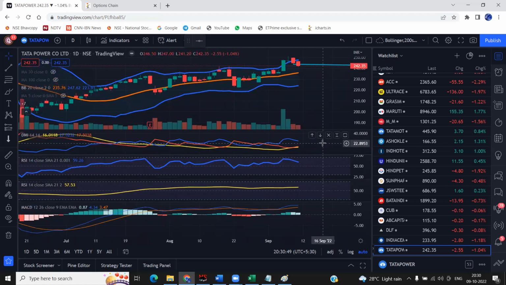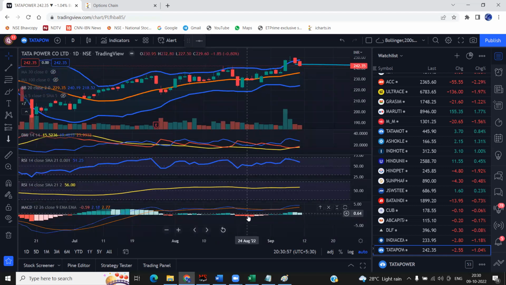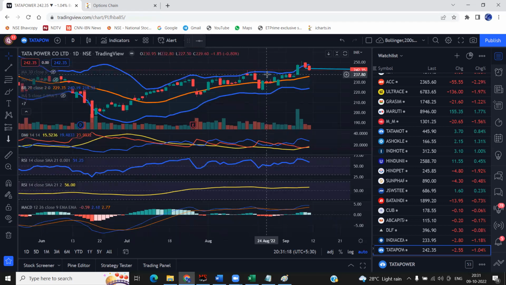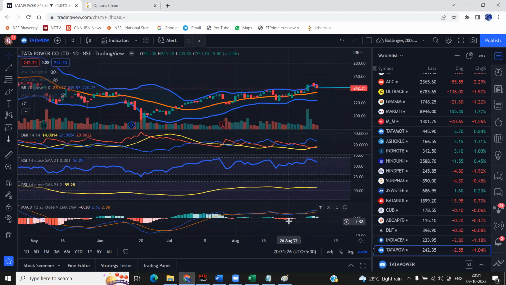Now see here, this is a signal which is quite interesting. Just watch here. MACD histogram was going down. From this level, MACD histogram started to move up. Mark the high. Above this, the buy was triggered first. Got it? Okay. This is the one. Check on the left side.